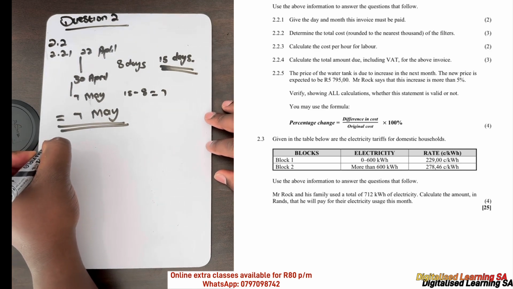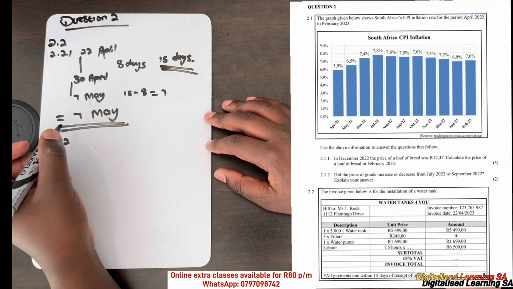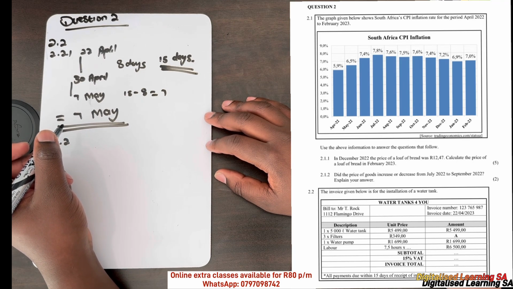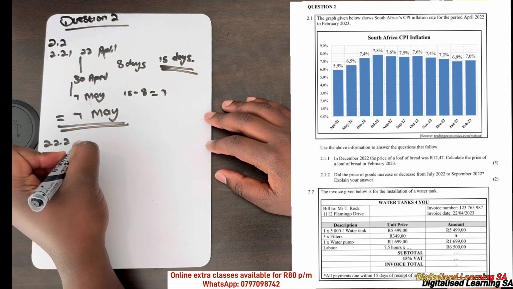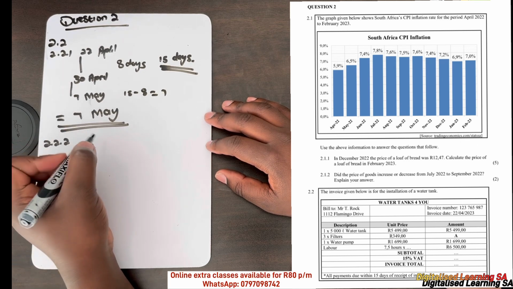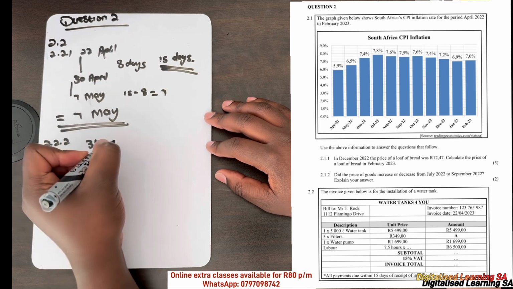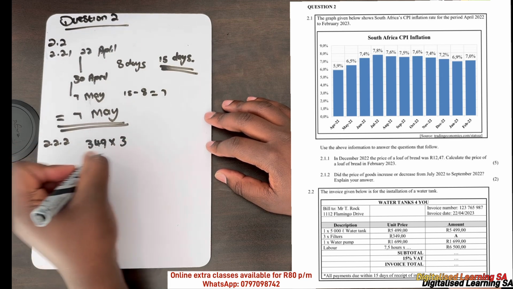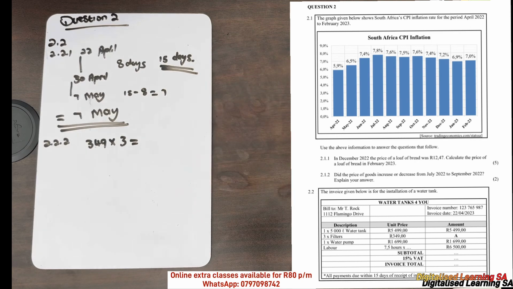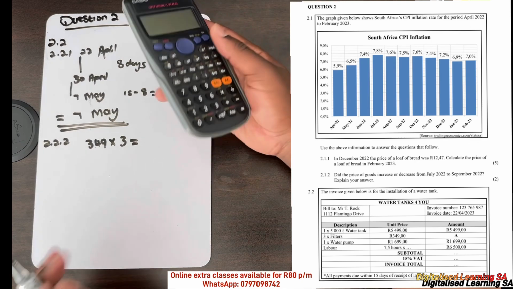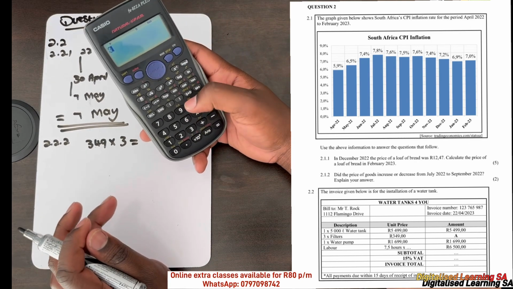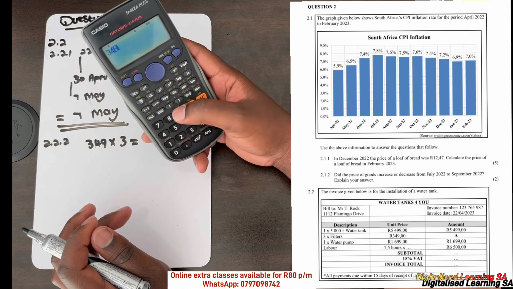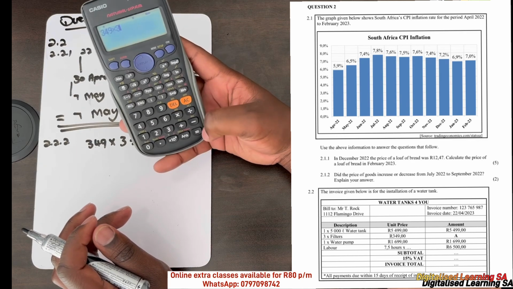Three filters were bought and one was costing 349, so we say 349 multiplied by 3 because 3 were bought. The total cost of filters will be 349 multiplied by 3, which is